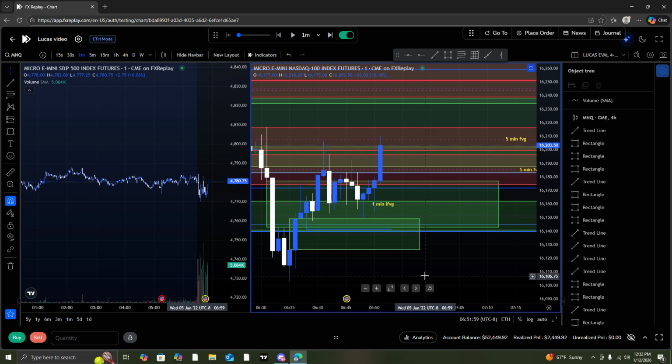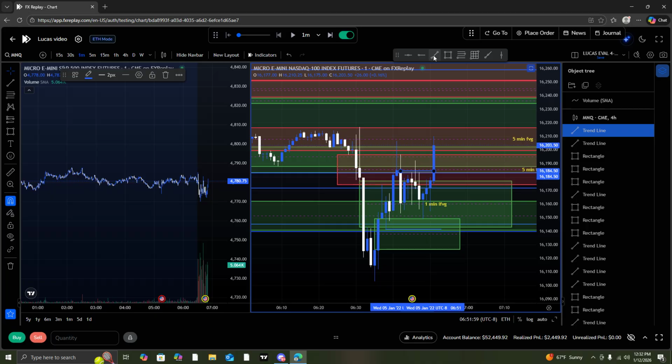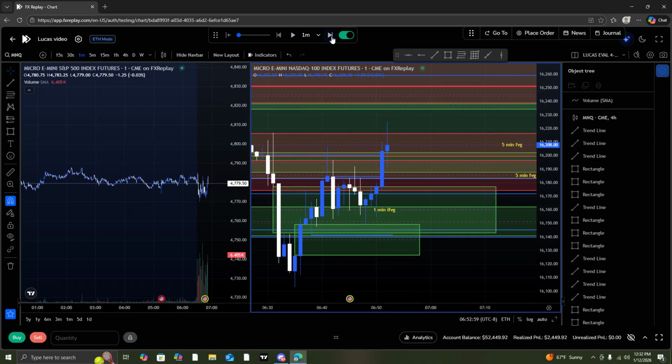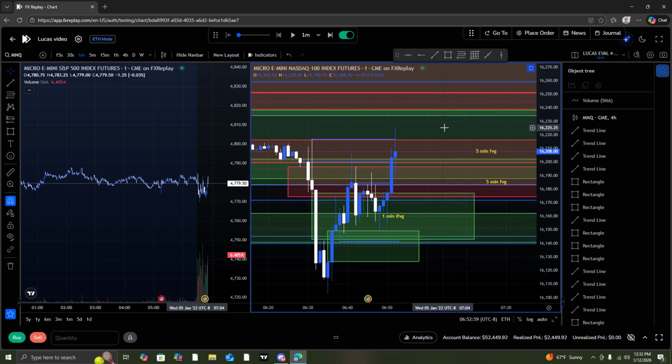No, we're just coming higher. Create a CISD right here. Even more important, CISD right here. See if we can create a fair value gap. Yes, but also that's a clean sweep while still respecting the 5 minute. So if that liquidity on the left side would have been higher, you would have been in right there, right? If we would have closed right here instead of wicking it, see how we wicked it and then we closed below it? You can still respect that liquidity and come back down. Yes, so we created a CISD, but we didn't create a market structure shift or